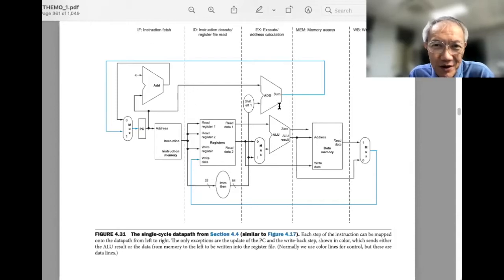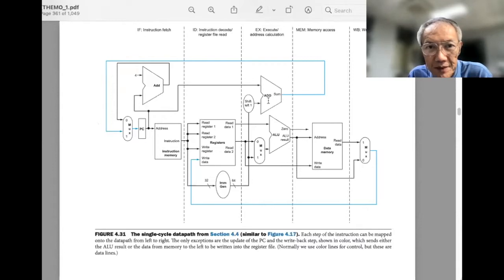Obviously, because this one will decide the next instruction if you have a branch. Either you use the next instruction coming from the result here, or you branch. When you branch, you take this